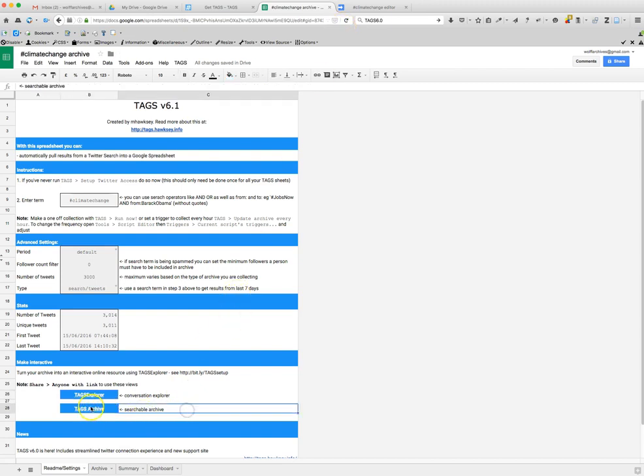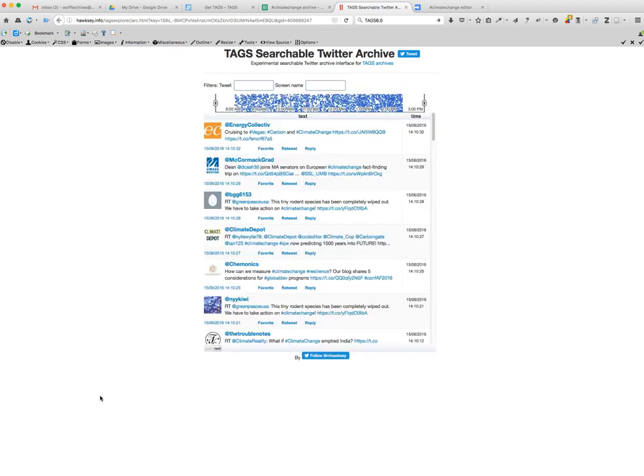So you also have the ability to search the archive, which shows you all the various tweets in the archive and when they've appeared, which is a nice little feature. You can search by tweet name. You can look for something in the tweet. So if you're interested in, say,